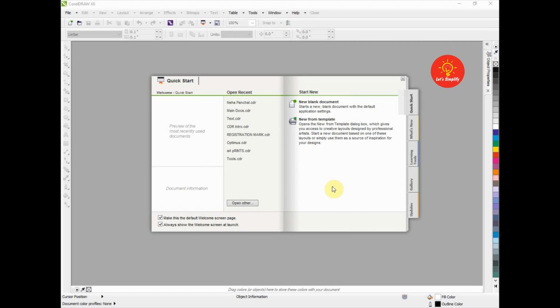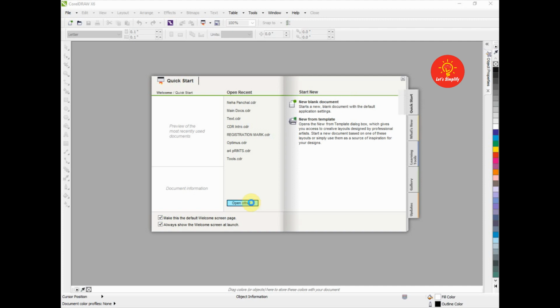We can see that it's a kind of a quick start menu. Over here we can see open recent. Under that we can see our recent files that I was working on recently. Below that we can see open other option over here.